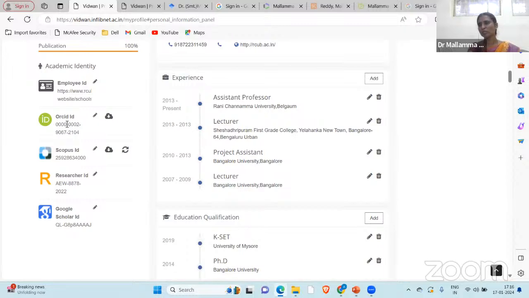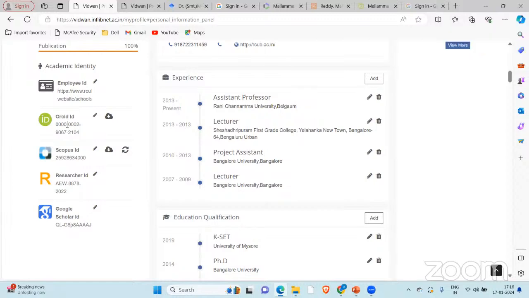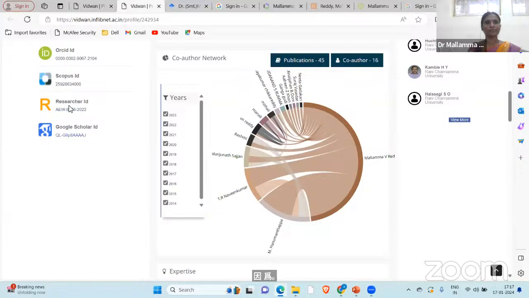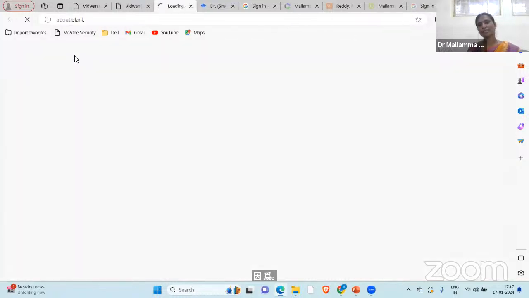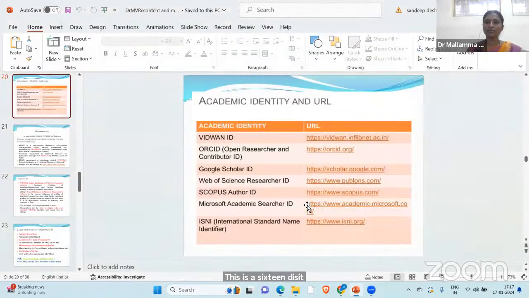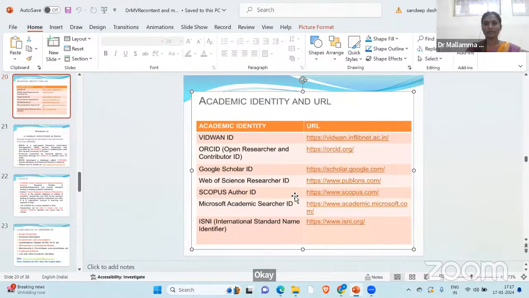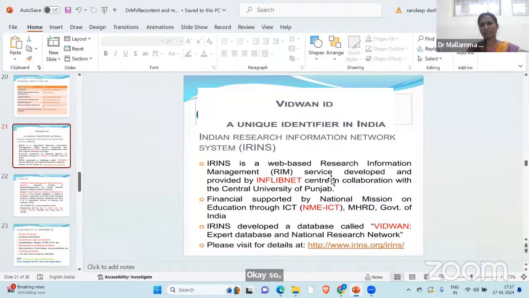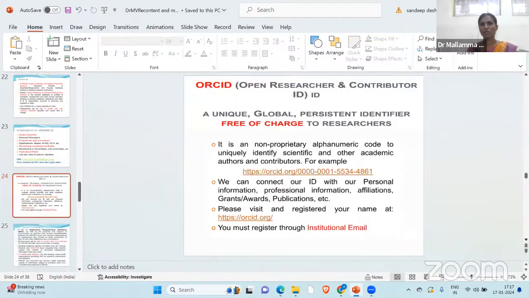Can we go for one more? ORCID ID? Yeah, fine. So the ORCID ID, we have to go for. This is a 16-digit identifier. Okay, so one ID is done, components are clear.